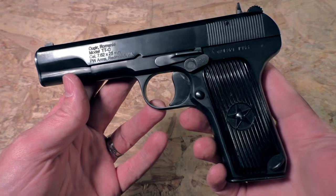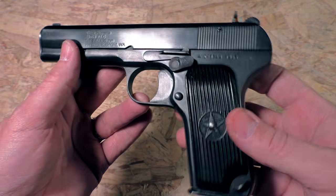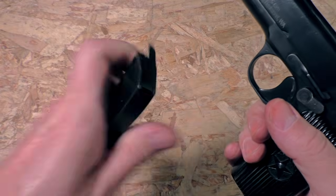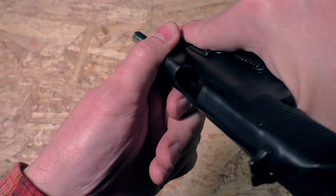Reassembly of your Tokarev pistol can be a little tricky. I'm going to try to demonstrate that for you now. First, you want to start off, of course, by making sure your gun is unloaded. So we'll eject the magazine. That is empty. Hammer back, slide back, and we see that the chamber is empty as well, so we're good